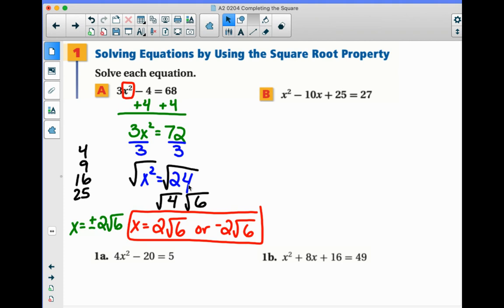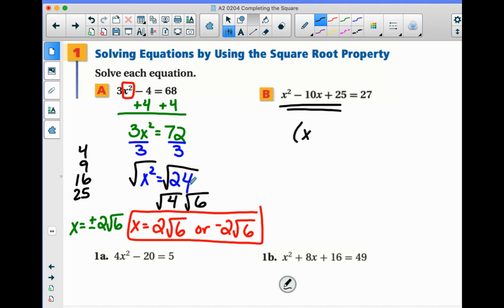So let's try that on B. Now if you look, we can't solve this one like we did on A, where we're just moving stuff around. But if you look at this left side, this is a perfect square trinomial. This would factor to x minus 5 squared. So we're going to do that. And the inverse operation of squaring something is square rooting something. So that will cancel out that squared. So we'll just have x minus 5